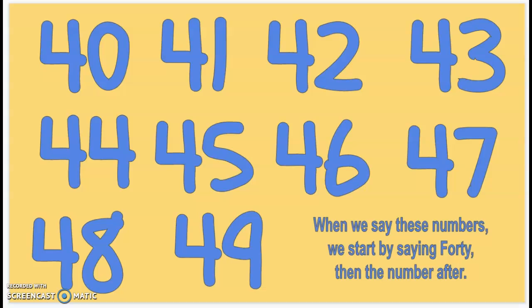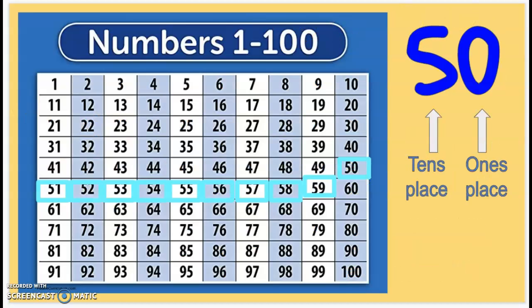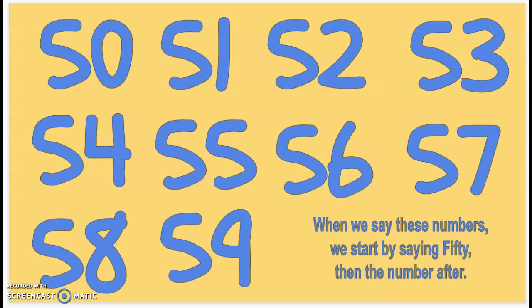Last but not least, the 50 family. We have a 5 in the tens place and a 0 in the ones place. 50, 51, 52, 53, 54, 55, 56, 57, 58, 59. When we say these numbers, we start by saying 50, and then we say 51, 52, 53, 54, 55,